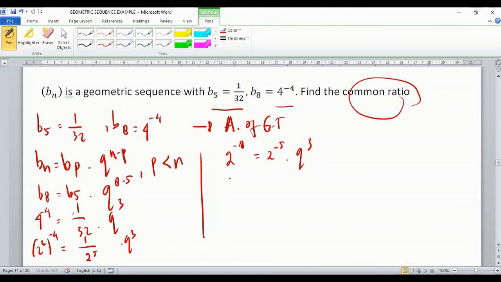So this one, 2 to the power minus 8 plus 5 equals k to the power 3. So 2 to the power minus 3 is equal to k to the power 3. So we can conclude this one to be,